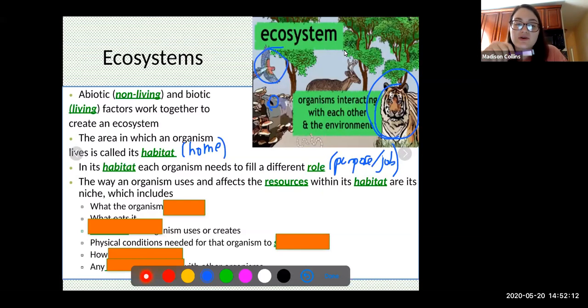The way that an organism uses and affects the resources within its habitat or its home is called its niche. You might also hear this called a niche. Either pronunciation is fine. So an organism's niche, this is a super important word, includes a few different things. This is basically the organism's job or purpose in an environment. So this involves things like what the organism eats, what eats it,